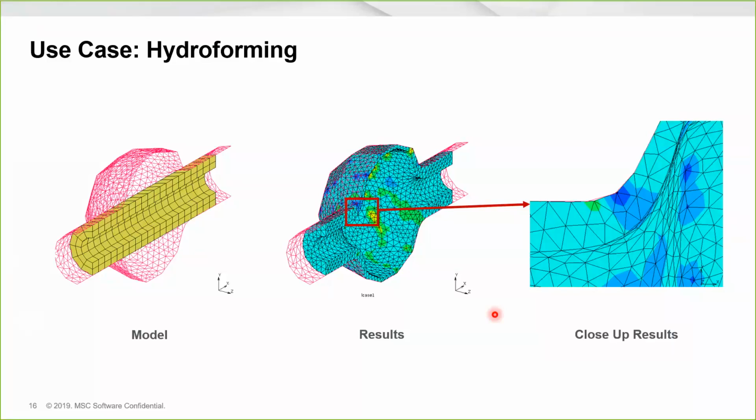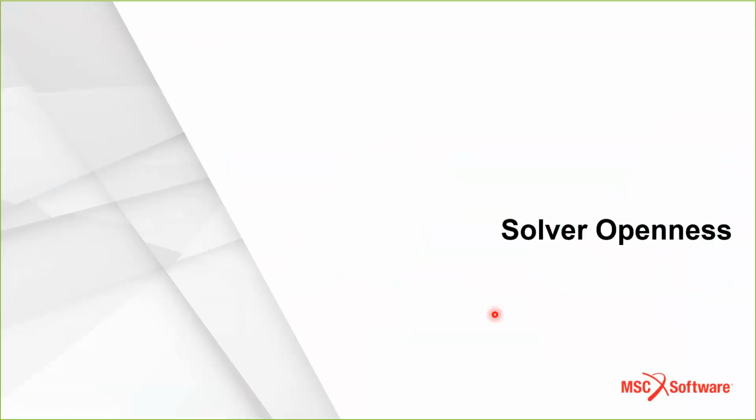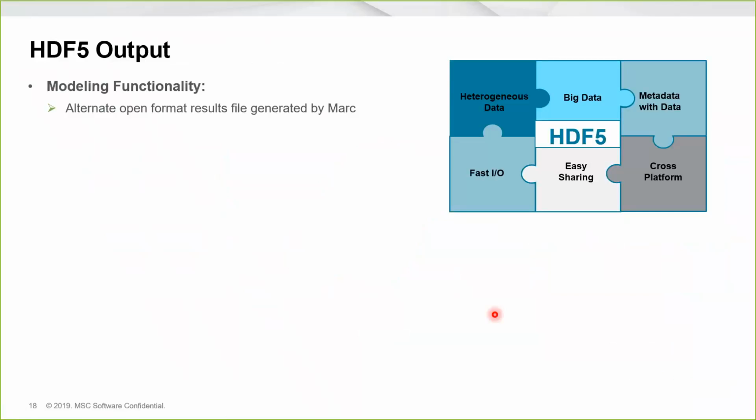Yeah, sure. Thank you. And then next we will talk about the solver openness. As co-simulation is becoming more important, we realize that it is very important for us to have solver openness. So we're adding some very important enhancements to the Marc 2019 release, which is that we added HDF5 output. What is HDF5? HDF5 is basically an open source output format, which can be generated as an output result file with Marc. It could be outputted in addition to your T16 file, and the file size is really small,